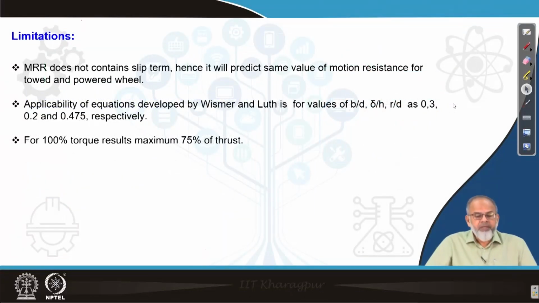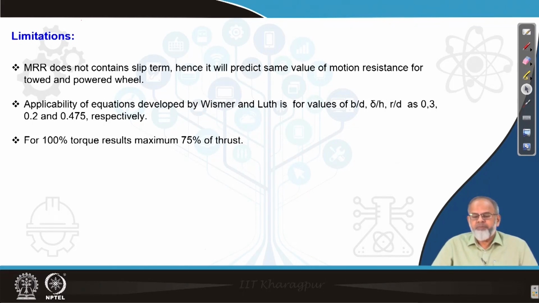Now looking at the limitations of Wismer and Luth's equation. The motion resistance ratio, as I told in the beginning, doesn't contain a slip term. So that's why it will predict the same value of motion resistance for a towed wheel as well as a powered wheel. Applicability of the equation developed by Wismer and Luth is only limited to B by D ratio as 0.3, delta by H ratio as 0.2 and R by D ratio as 0.475. So these are the limited